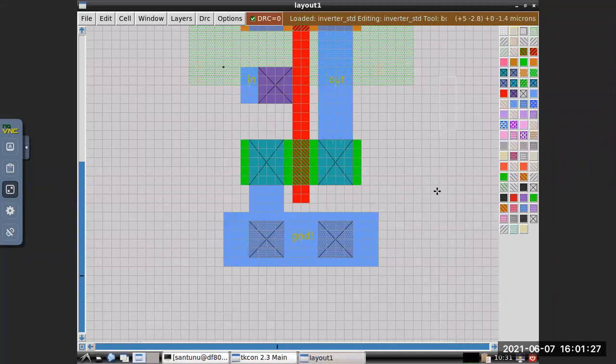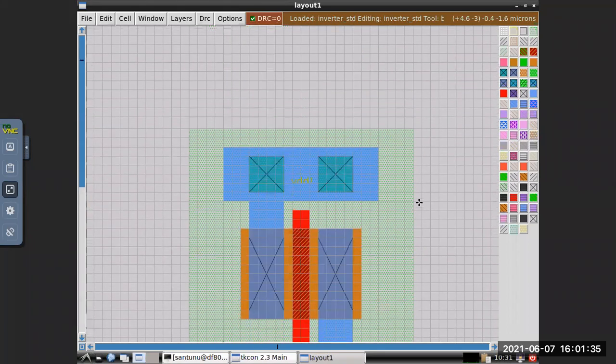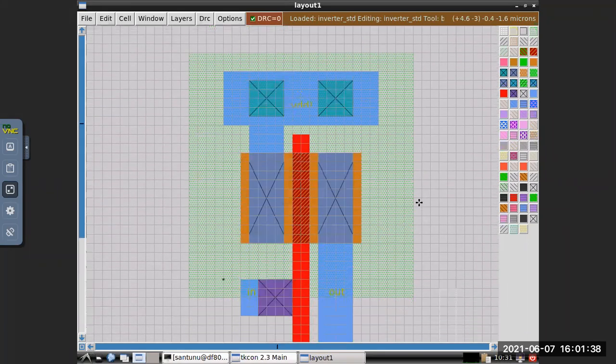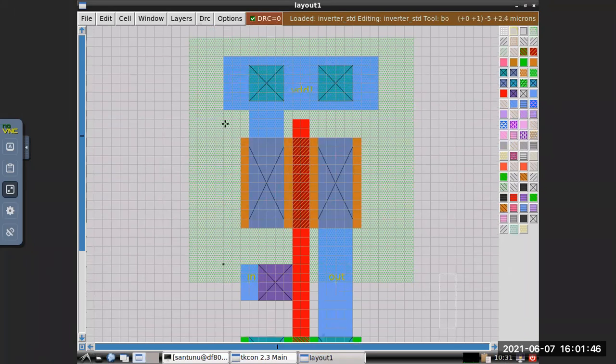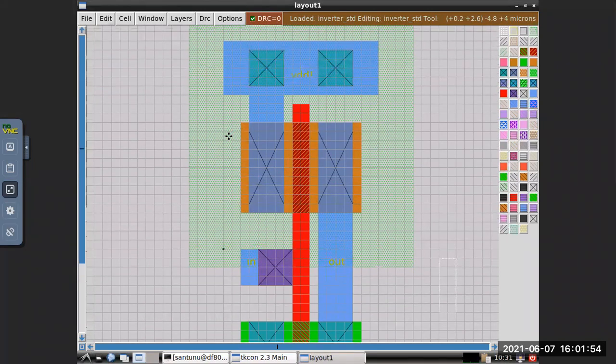Okay, so now this is your inverter. Okay, so this will be your PR boundary here. So you will put another inverter here and you will check DRC, then it will not show any error.